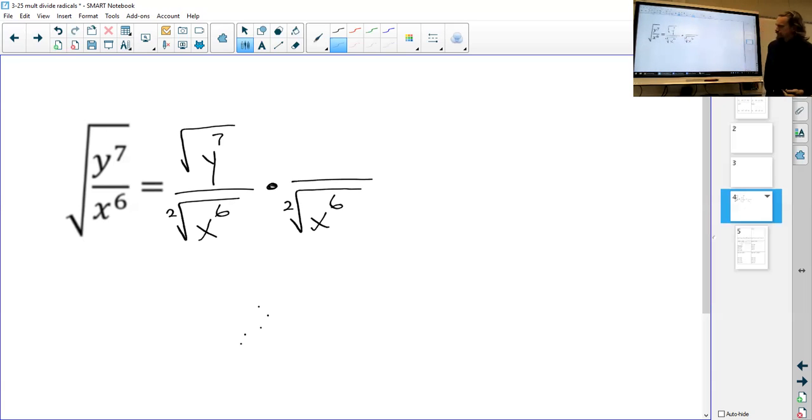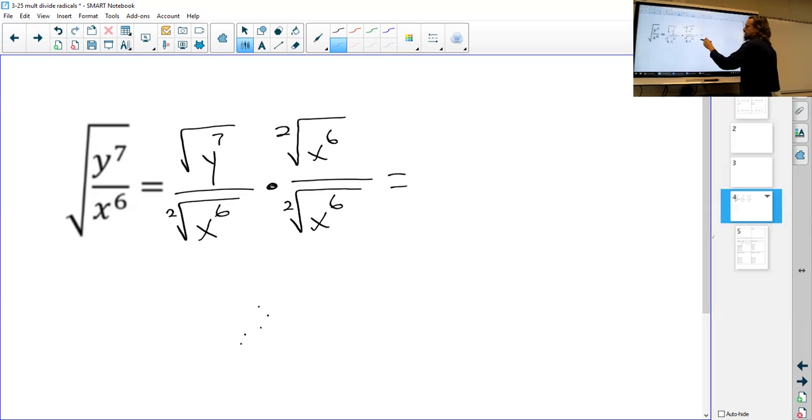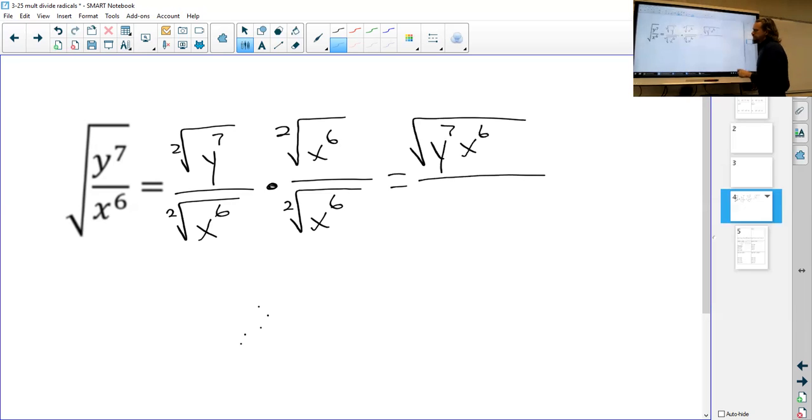And in order to keep that from changing the value, I need to multiply the top by the same amount. Okay? So then we multiply straight across. Since they're both square roots, I can just multiply everything on the inside. So that's just y to the 7th, x to the 6th over